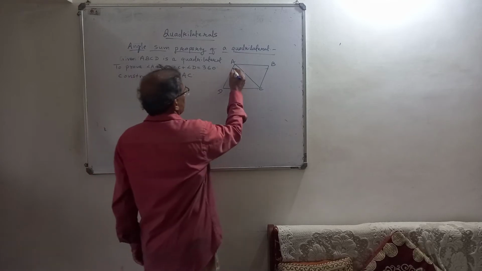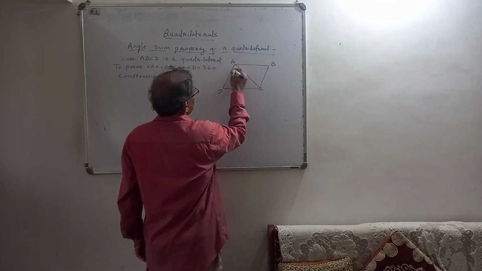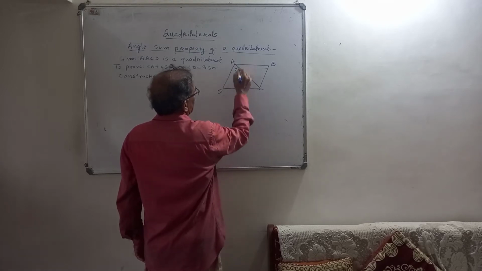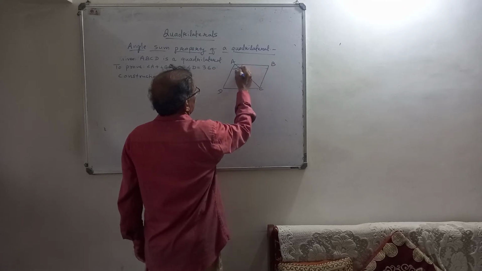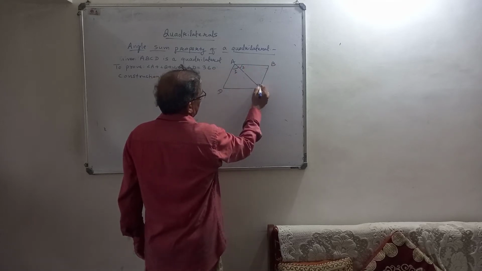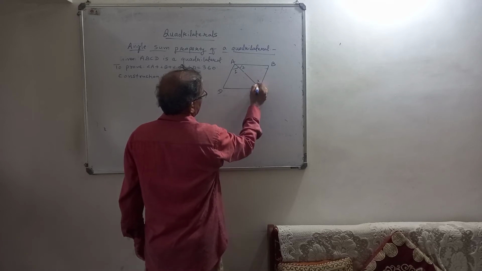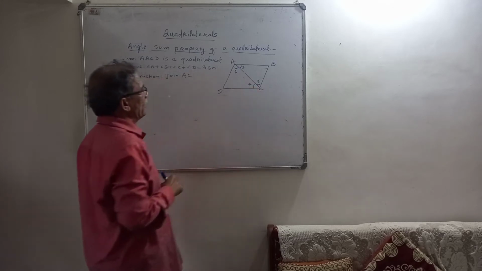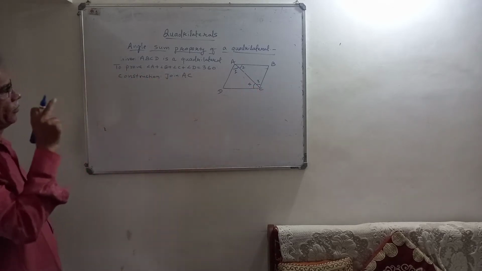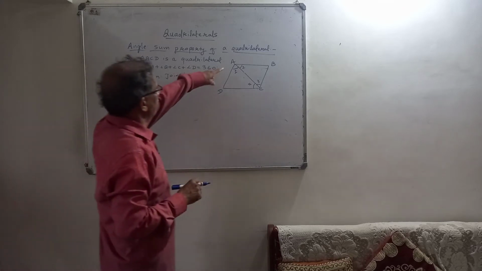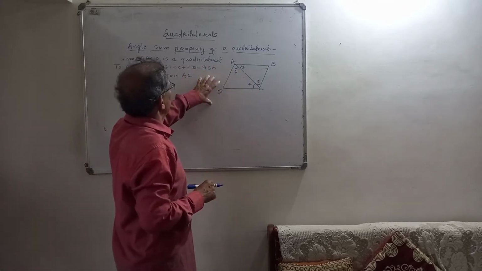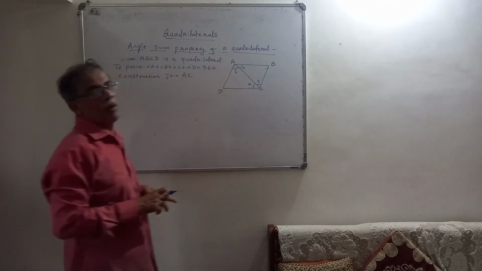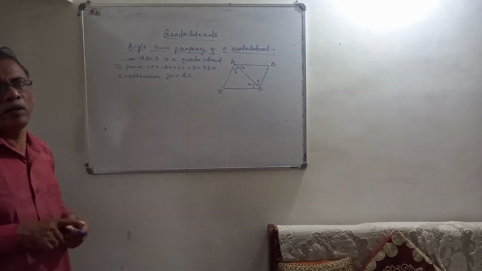Now I shall write this angle DAC as angle 1, here angle CAB as angle 2, angle BCA as angle 3, and this ACD as angle 4. Okay, you can mark angles 1, 2, 3, 4. Now I shall first consider triangle ACD. In triangle ACD, angle 1 plus angle 4 plus this angle should be equal to 180. Sum of all three angles of a triangle is 180.